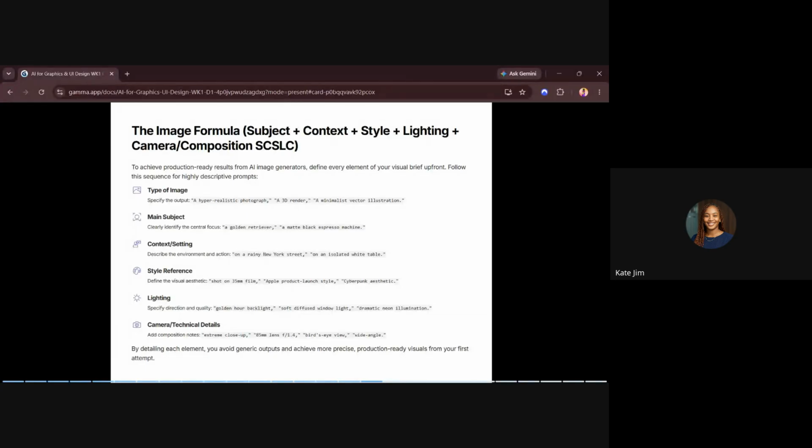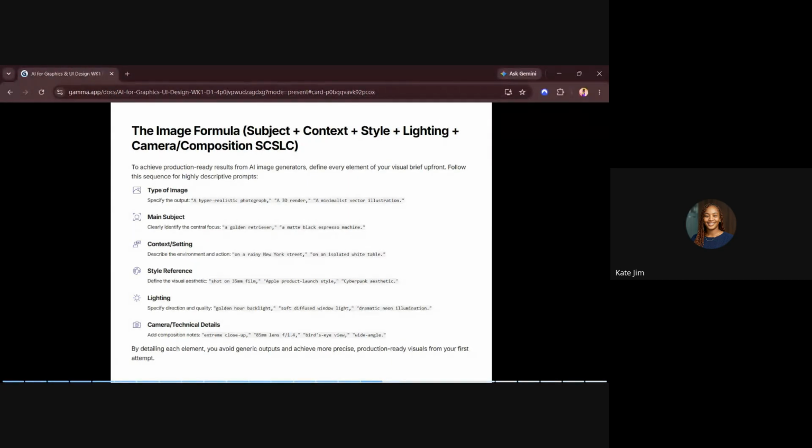And there's a sequence for that. If you want a sequence for writing highly descriptive prompts, then this is what you should do. If you want to describe the type of image, you have to specify the output and say, okay, a hyper-realistic photograph. If you want very clean visuals, this is what you have to add. That's for type of image.